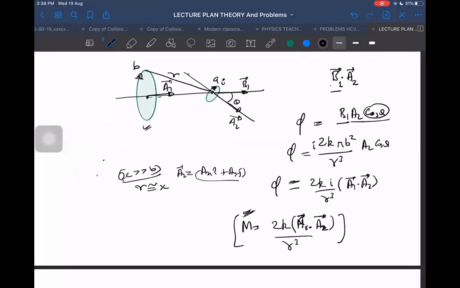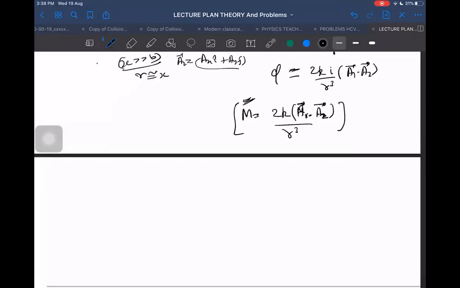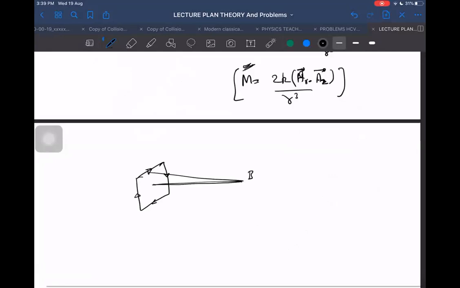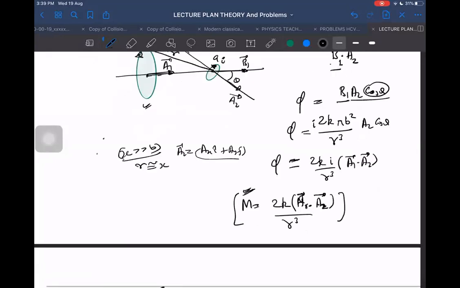Why? If I change this area itself, then I will not be able to determine the field at the axis. That field I know only when it is exactly a circular ring. I cannot even make it a square ring. If I make it a square frame, then for the square frame also, I cannot say that the field here will be this formula. That will be a different formula. What will be the formula now?